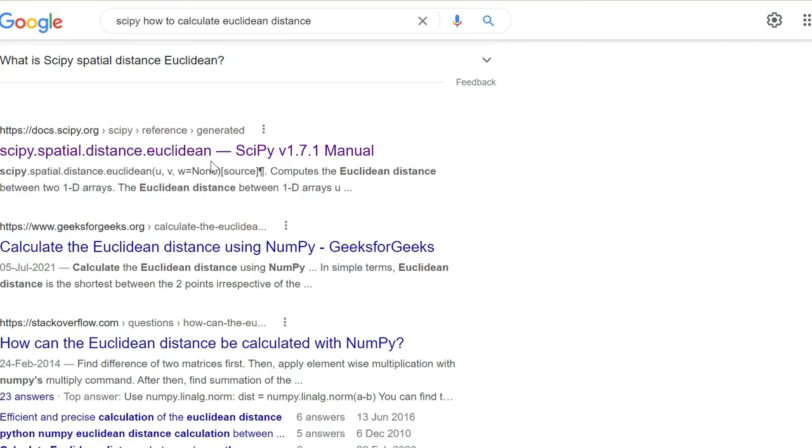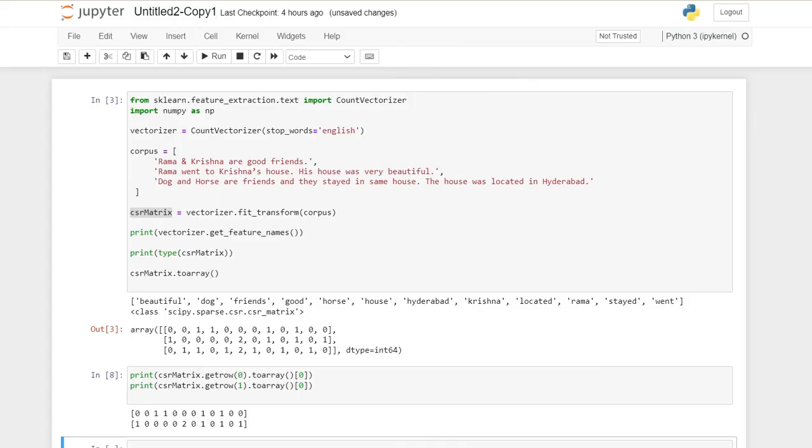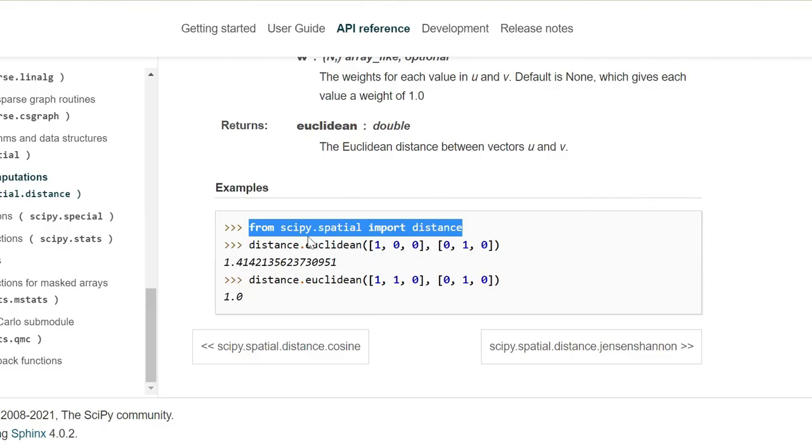So Euclidean distance, we have seen the code for it already here. This is the import we need to do first. So let us go here and just do the import first. And then we just need to copy paste this method.